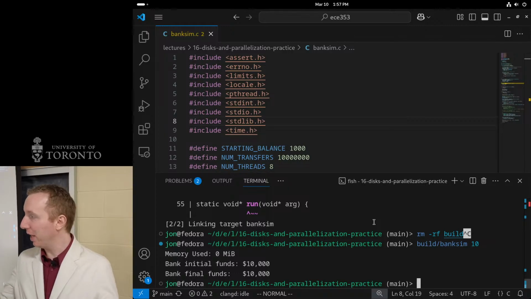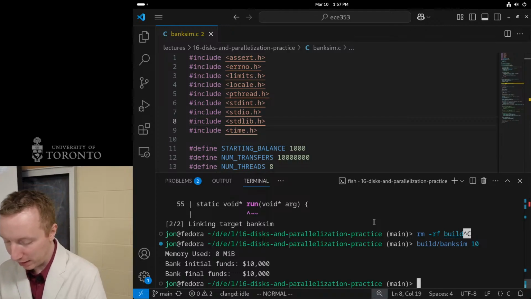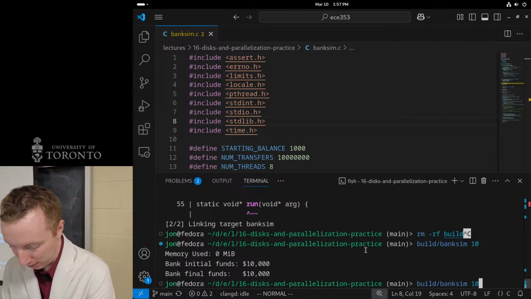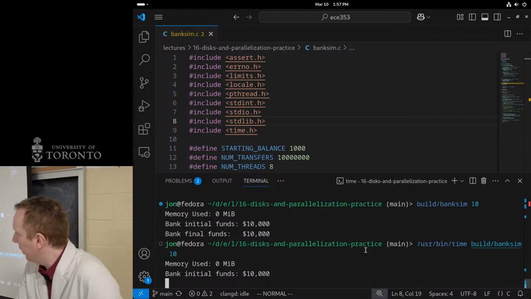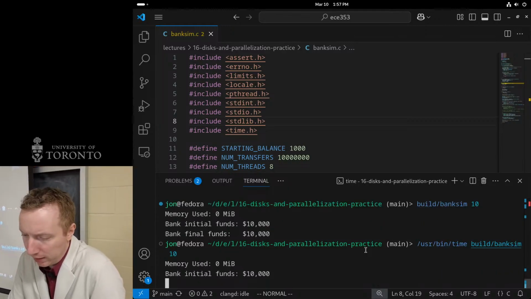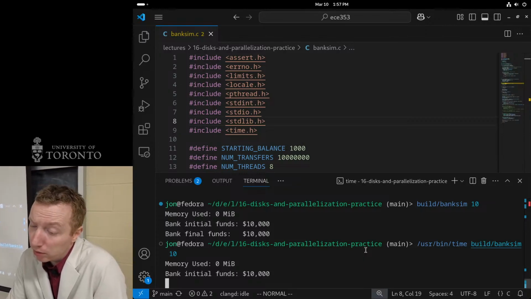The money across all the accounts before should be the same as after doing all the transfers. I don't want to lose or make up money, or otherwise do anything that might get me put in jail. If I run this with user bin time, it should take about 11 seconds. Let's see.